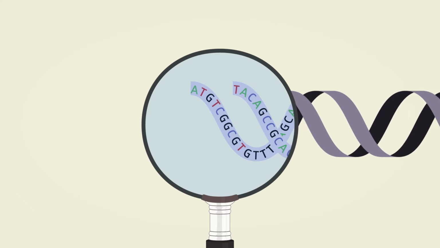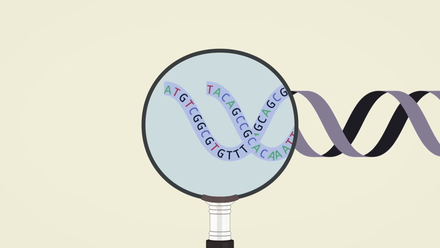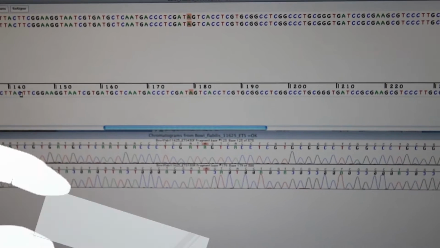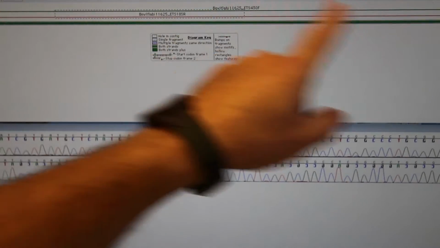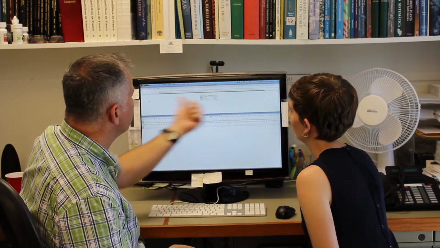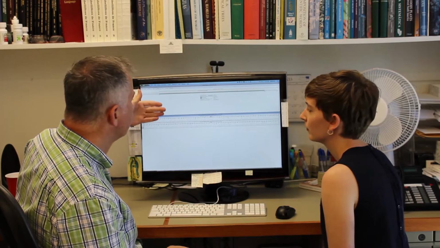Okay, so our PCR product, which contains millions of copies of this chloroplast spacer region, is analyzed by machines at the sequencing facility that can detect the order of the nucleotide base pairs in the molecules of DNA. This is the DNA sequence, which we can read like a sentence and use in our data analysis. What we see here are 2 different strands. One's a forward and one's a reverse, so they're both complementary strands of DNA.